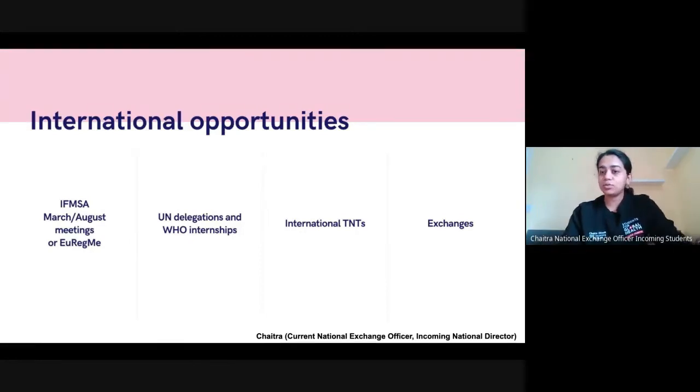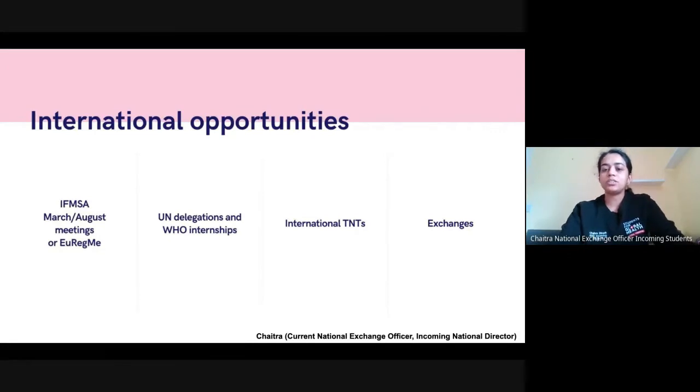And there's also regional ones, so a European one or an Asia Pacific one or Africa one, for example. The August one has been cancelled because of COVID, and it's happening online. So it's going to be interesting to see how, when 1,000 medical students used to gather in person, it will now be done online. We also have opportunities such as sending delegations to the United Nations, various meetings, World Health